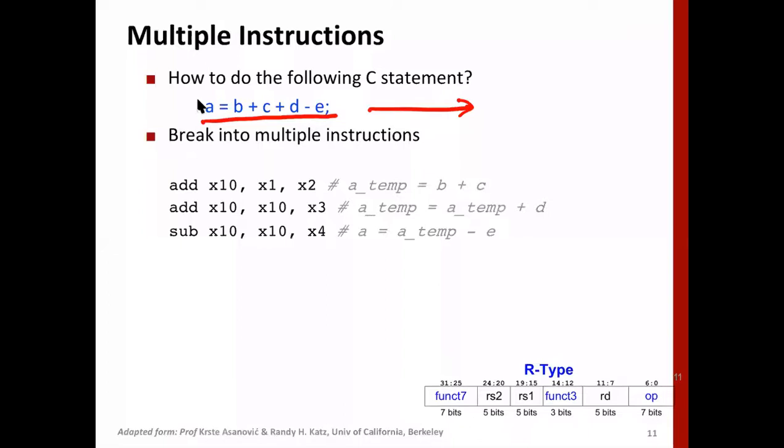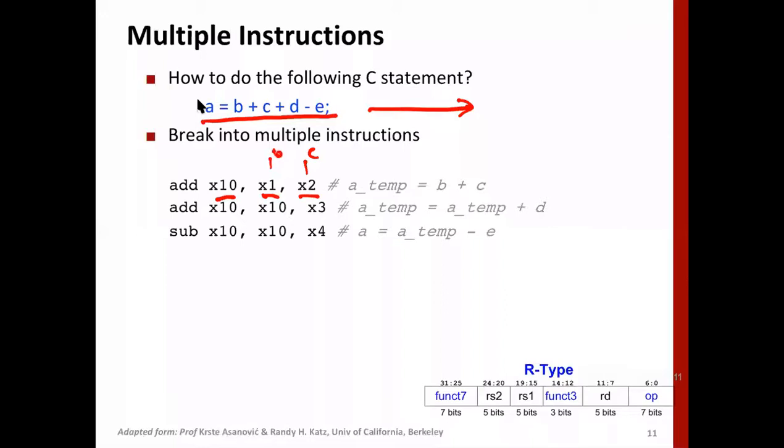So it can have 10, 20, 30 in one statement, but obviously this has to be broken into simpler assembly language instructions. For example, here we can first write add x1 and x2 and move the result to x10. So basically x1 can map to B, and x2 can map to C. Then we are moving the result to a temporary register.